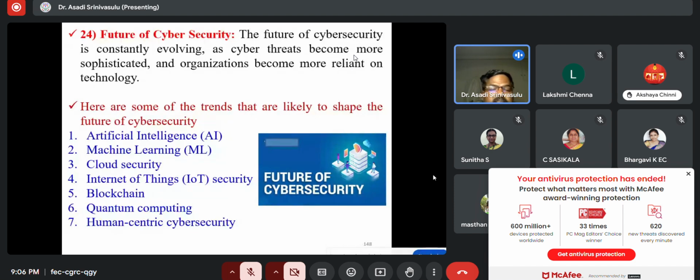By using AI techniques and statistical techniques, we are solving cyber security attacks. Machine learning learns from observational data by applying three approaches: supervised learning, unsupervised learning, and reinforcement learning. Cloud security: there are network security, cloud security, and host security. How are we protecting our data from the system, server, and data center? Then Internet of Things, blockchain technology, quantum computing, and human-centric cyber security. These subjects we are integrating with